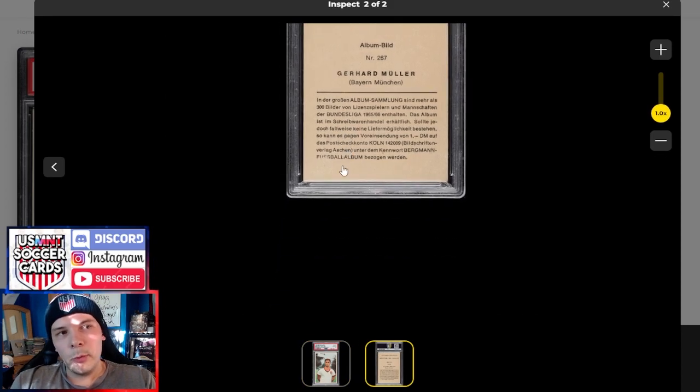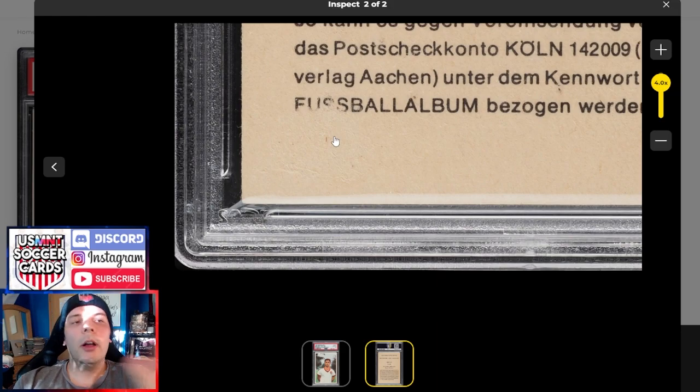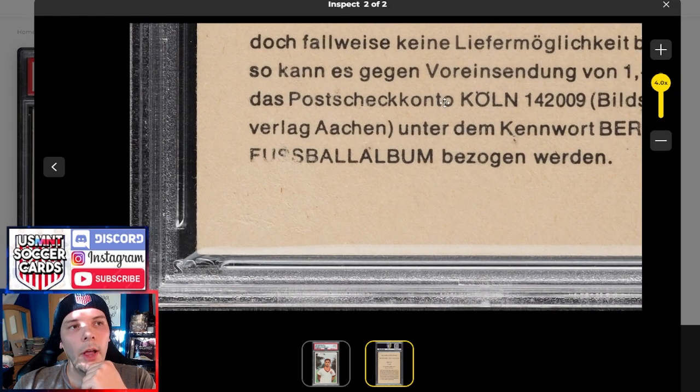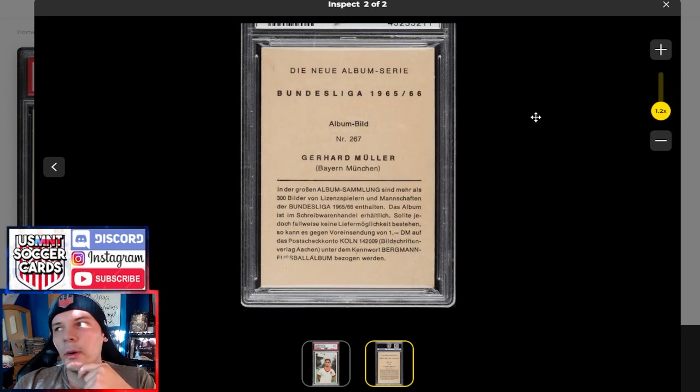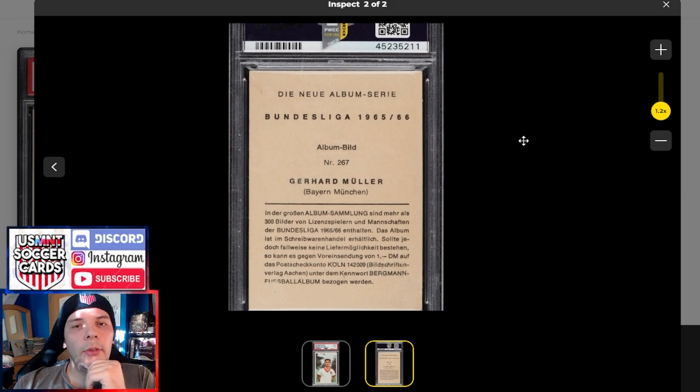Why? Well, because it's removed from the album. You can see that there's paper loss. Part of the card is missing or has been detached, and thus, it ruins a lot of the grade. Now, I think you could crack this and, at whatever price PSA gets down to,